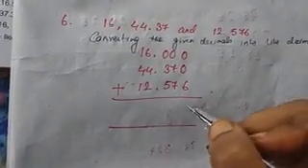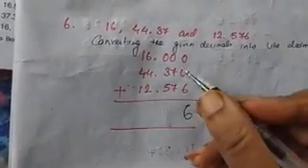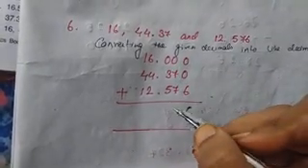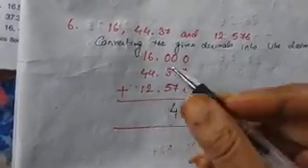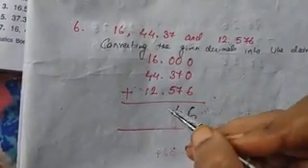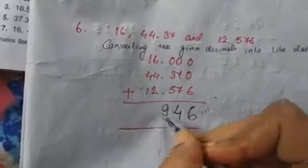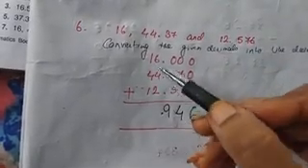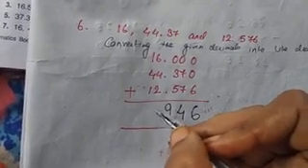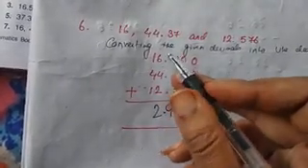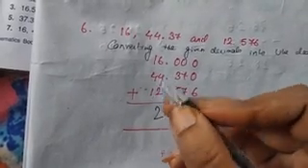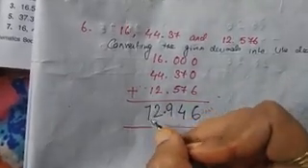Then we have to add the numbers. 0 plus 0 plus 6 is 6. 0 plus 7 is 7. 3 plus 5 is 8 plus 1, 9, then put the decimal, then 6 plus 4, 10, plus 2, 12, then again 1 carry, 1 plus 4, 5 plus 1, 6 plus 1, 7. So the number is